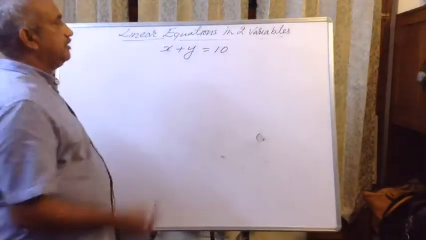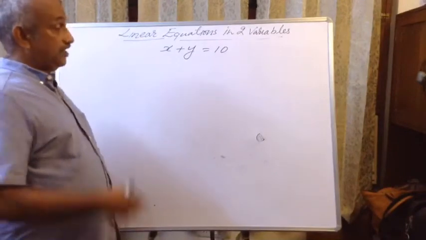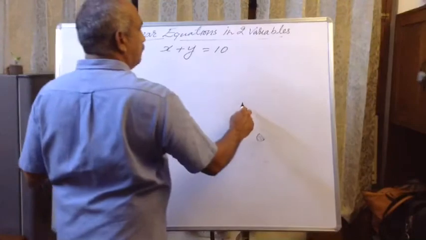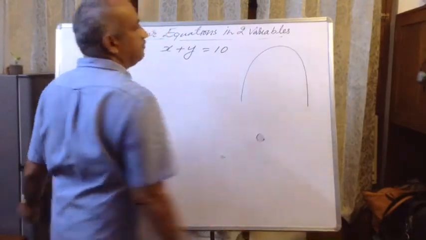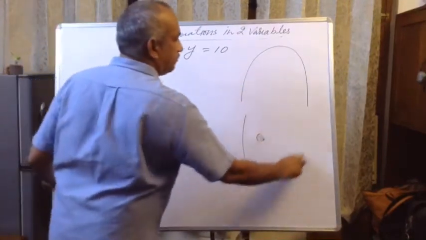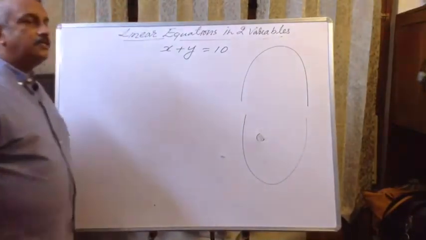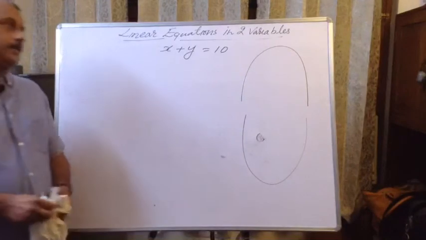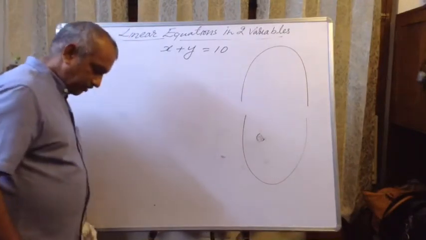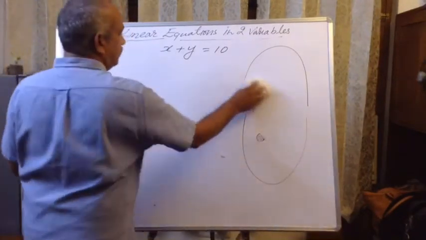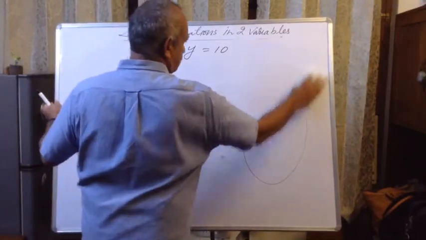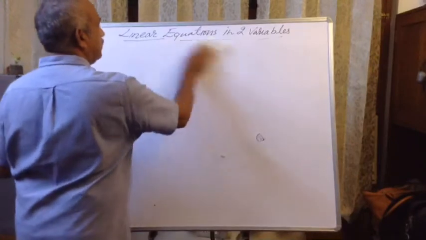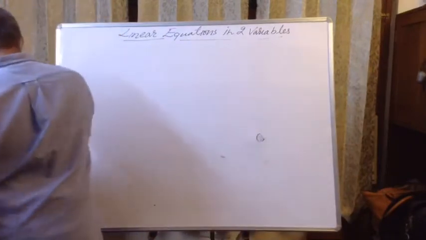We'll see that. Now if it is a quadratic equation, this graph is called a parabola, and you will get this shape in the case of a quadratic equation. So only in the case of a linear equation you will get a straight line. So always remember that the graph of a linear equation should be a straight line. If you are not getting a straight line, that means your answer is wrong.